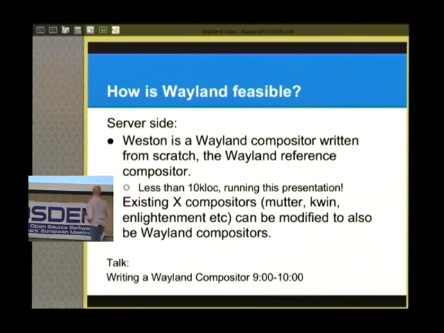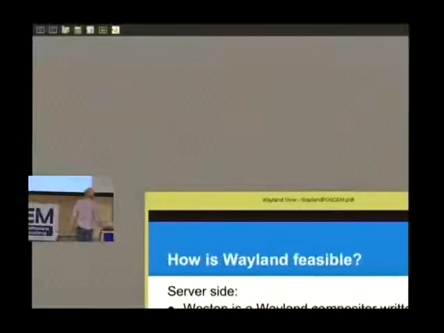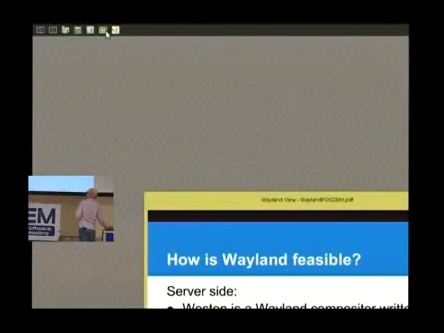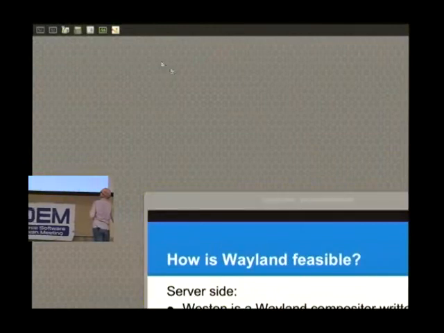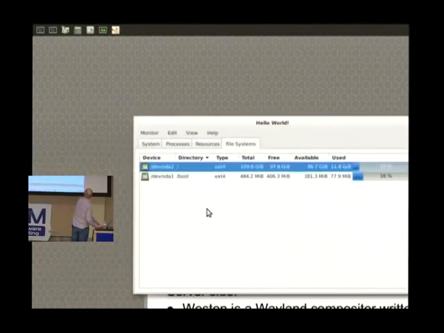We can have a look here. So here's the presentation application, and it runs the application. Here's a GNOME system monitor.